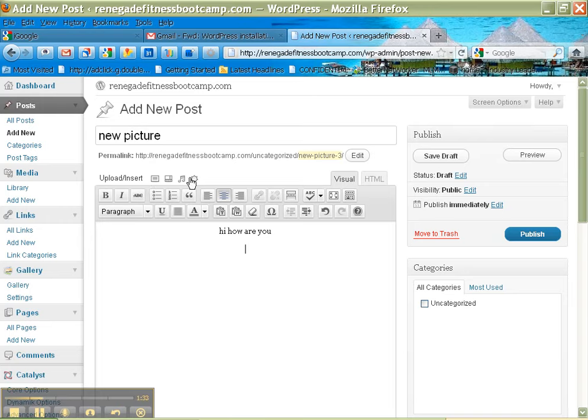These little icons up here are where you want to look. This one is for image, which we'll get back to. This one's to add video, and I'll show you in another video how to do that. And this is music or audio, and then this is add media. Don't worry about that right now. I'll show you that in another video as well. So let's go to image,